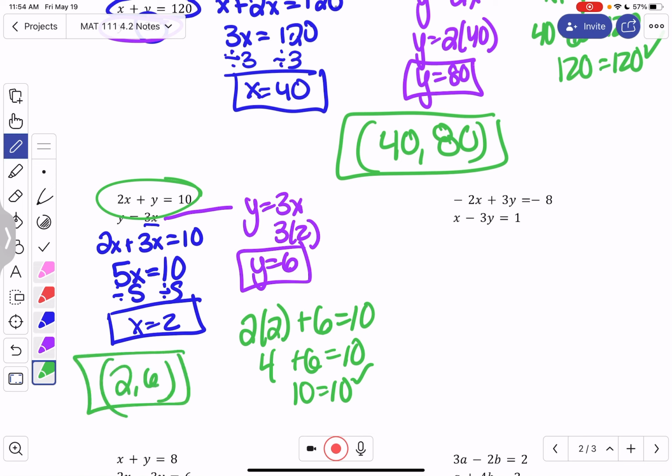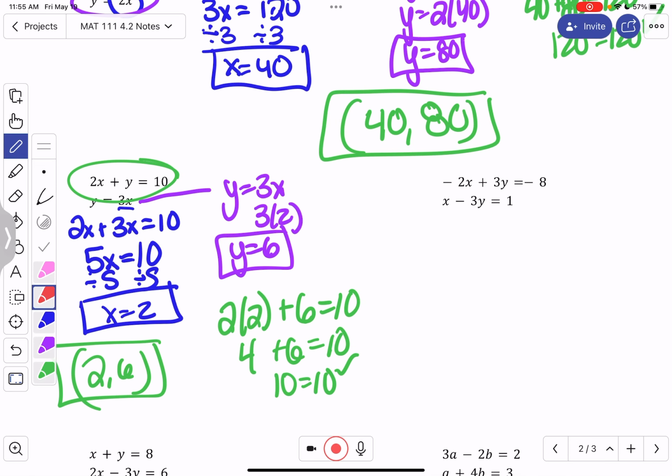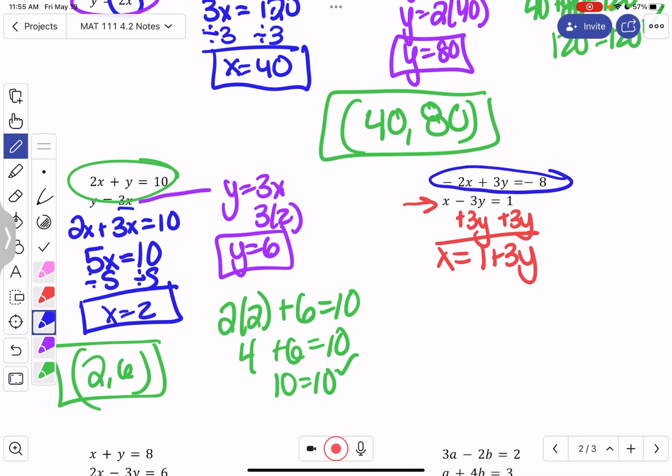Now let's do one where we have to do step one. We have to rearrange one so it says x or y equals. Well, this first one, this bottom equation right here, has an x that's alone. So let's move the 3y to the other side by adding, and now we have x equals 1 plus 3y. So we've completed step one. Step two, we're going to plug that into this other equation. So instead of x, I'm going to write 1 plus 3y